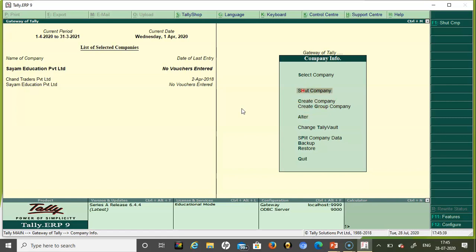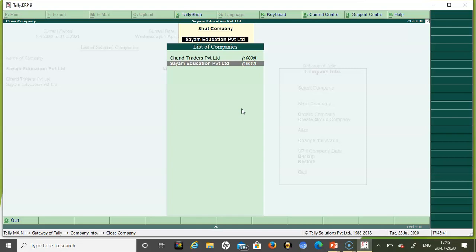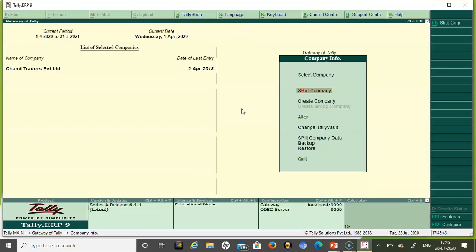When I select shut company, automatically the data uploaded in Tally for Siam Limited will not be in the list of company names. It is like unloading and loading the data of the particular company. Shut company is not deleting a company. First you should remember that shut company is not deleting a company.